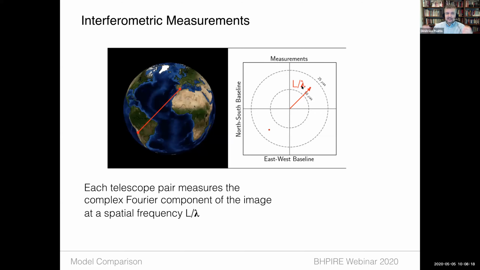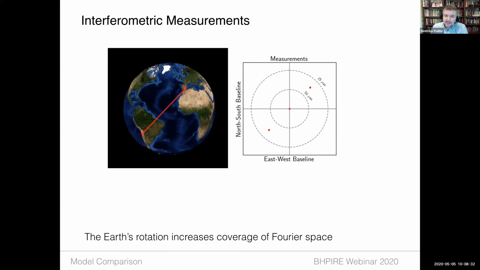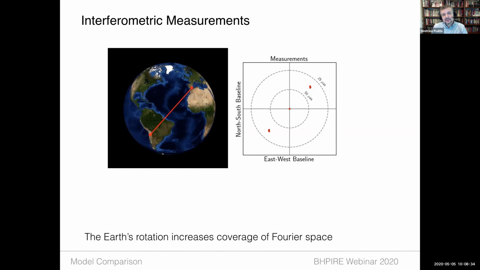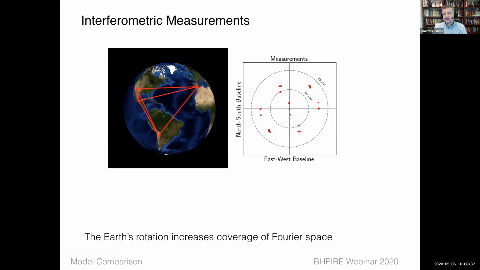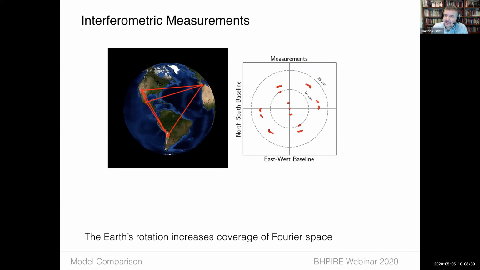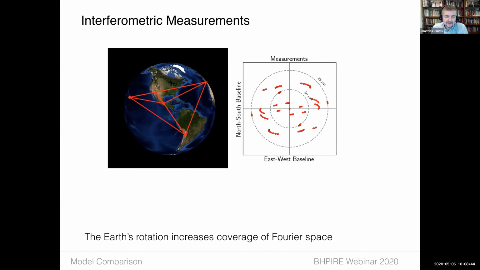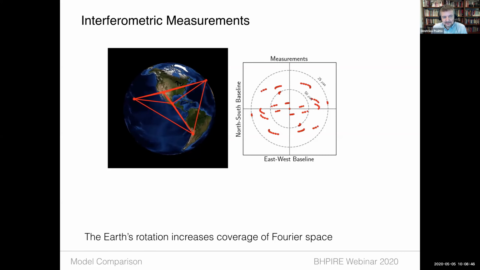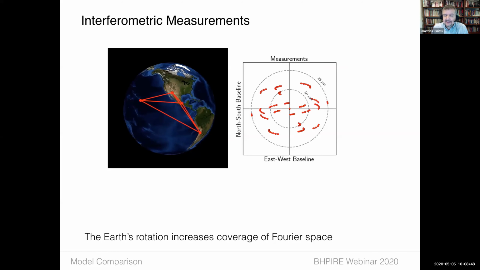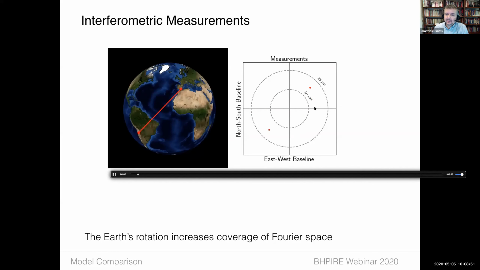Now, of course, if we just had 2 telescopes and we did 1 observation, then we would get a single Fourier component, frequency component of the image. We wouldn't be able to generate an image. We wouldn't be able to fit any models to the data. But what we do is that we put more telescopes and we wait for the Earth to rotate. And as the Earth rotates, all those baselines provide a different projected length and different orientation on the plane of the sky. And as you wait for the Earth to rotate and you see North America coming inside, Hawaii coming inside, then you slowly fill that Fourier space